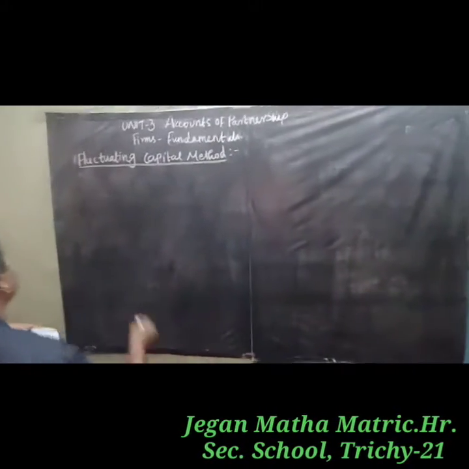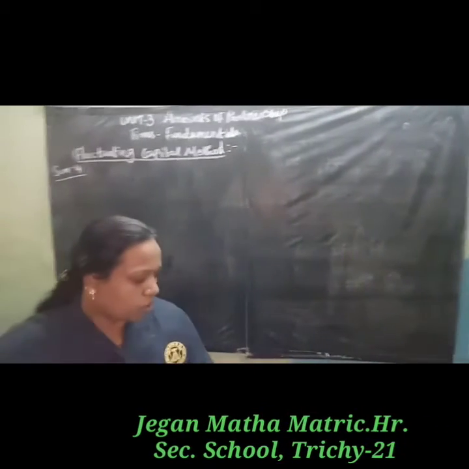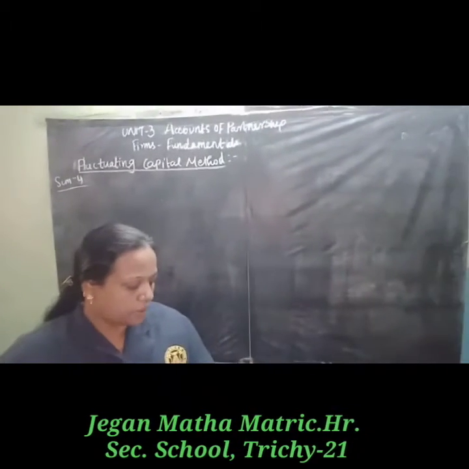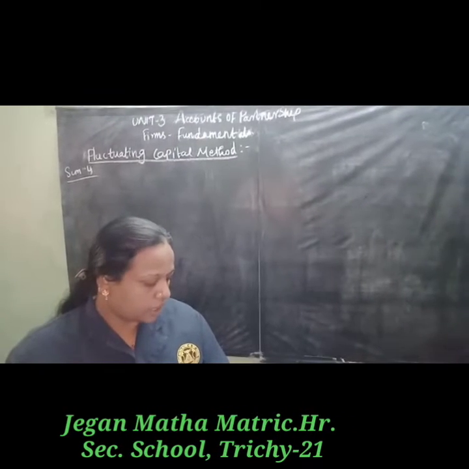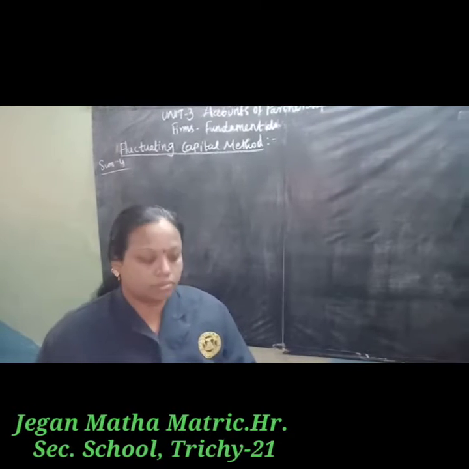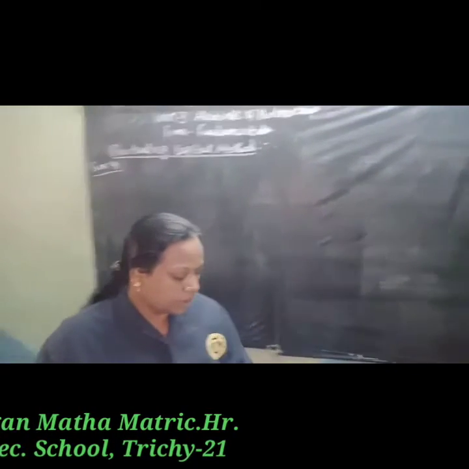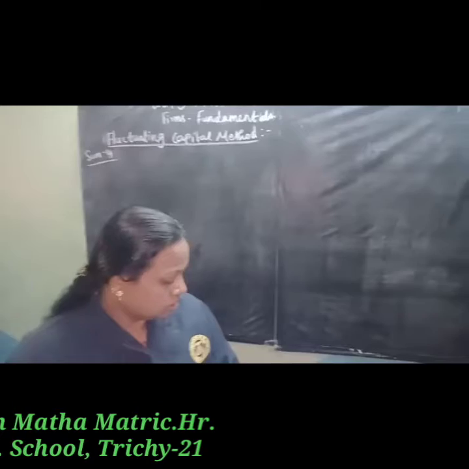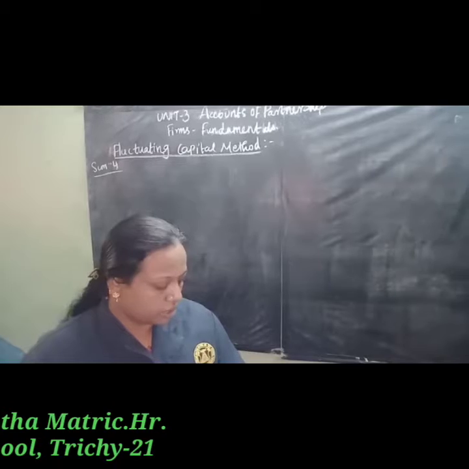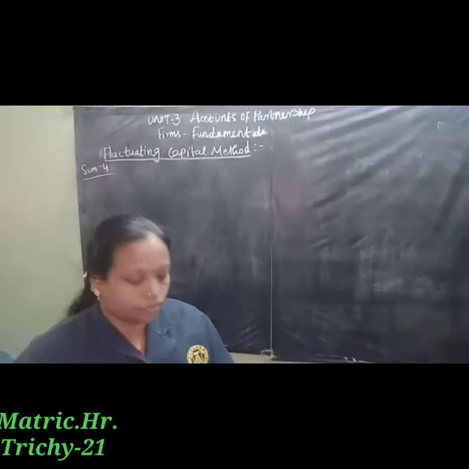So sum number 4, exercise number 4. We are going to discuss sum number 4. From the following information, prepare the capital accounts of Padmini and Padma where the capitals are fluctuating. Capital as on 1st January 2018, credit balance: Padmini 5 lakh, Padma 4 lakh. Drawings during 2018: Padmini 70,000, Padma 40,000. Interest on drawings 2,000 and 1,000. Share of profit for 2018: 52,000 and 40,000. And interest on capital 30,000 and 24,000.